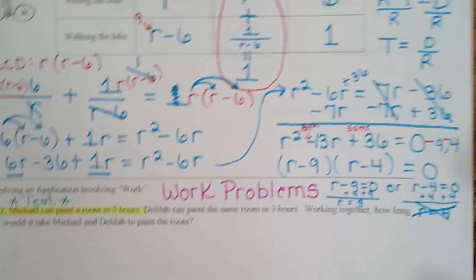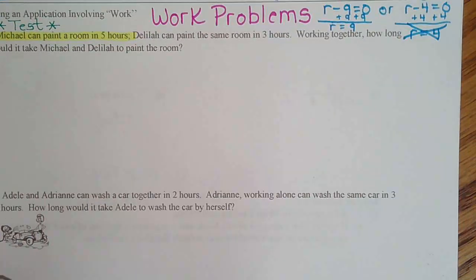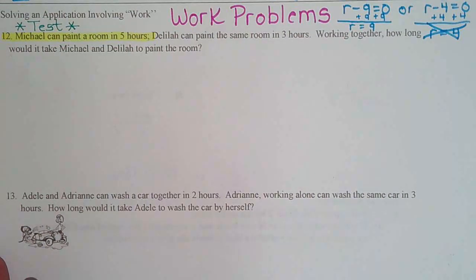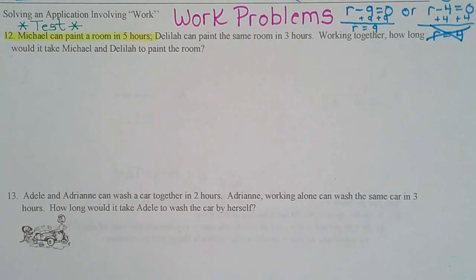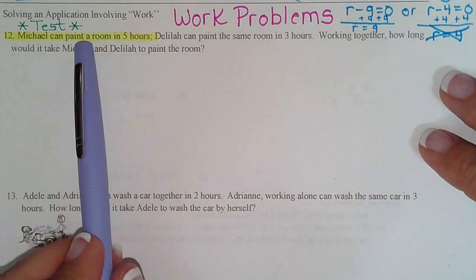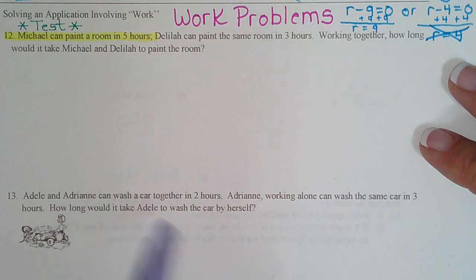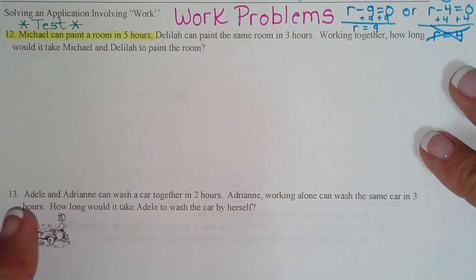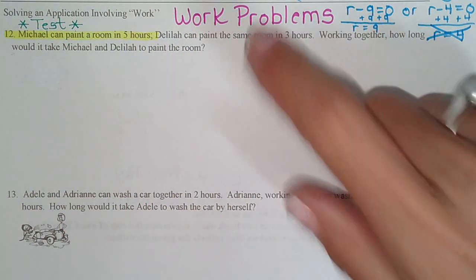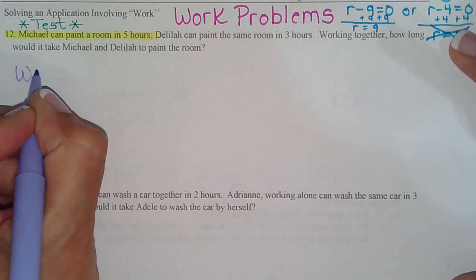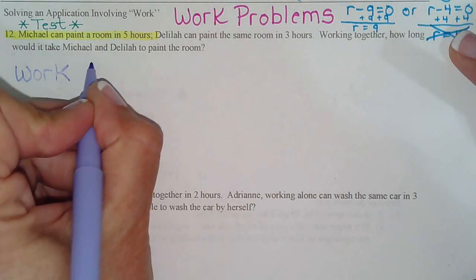Okay, so let's do the last type of problem. This is probably one of the easier ones. Students love this. The only work behind it is remembering the formula. So anytime you see a work problem, people are painting, people are mowing a yard, people are washing a car, those are typical ones, or pipes are filling a pool, the work formula is